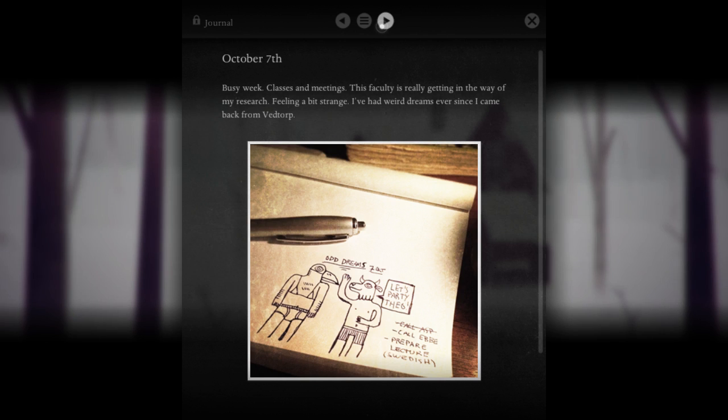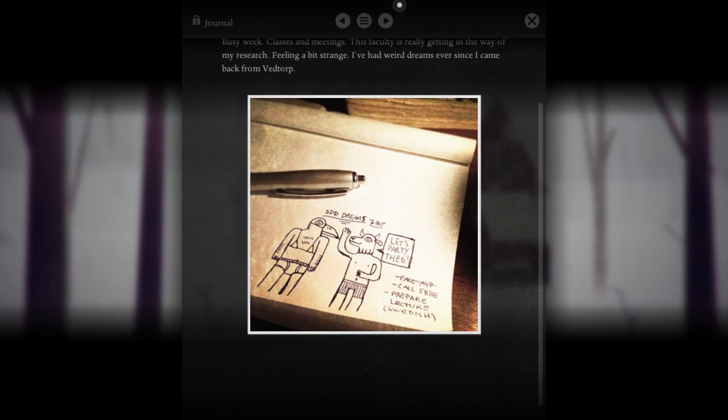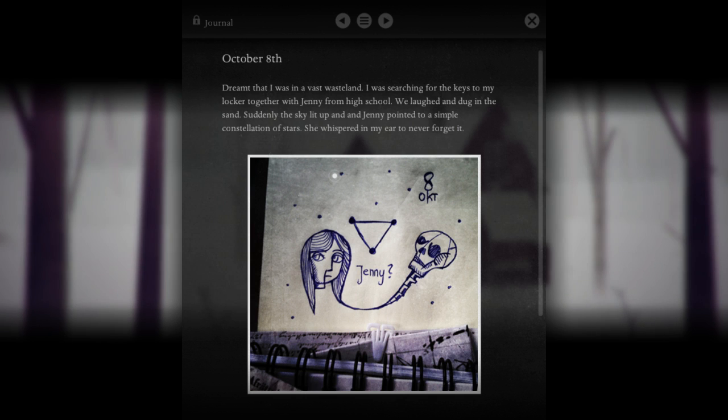So things continue on forward. Theodore is going to his classes, his meetings, doing very normal things, but he's been having very odd dreams since he left Vedtorp, which he kind of does little illustrations for. And the dreams continue to get more and more bizarre. He starts to see like a female friend from his past. And it seems a very common, normal scene. A very normal dream initially, but as it's about to end, his friend Jenny just turns into dust and dies. And he feels the need to illustrate this and mark it down in his journal for some